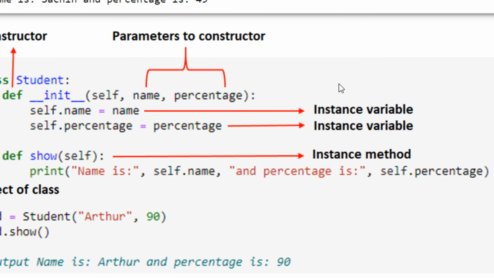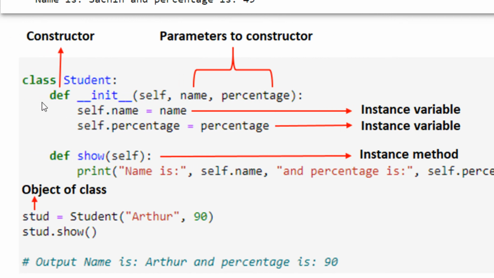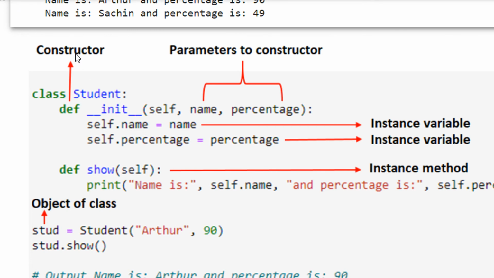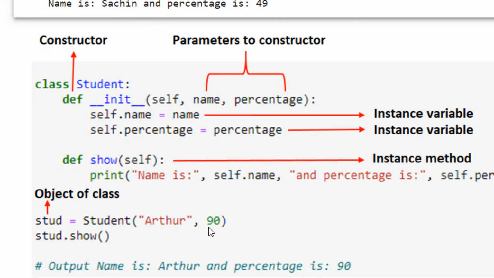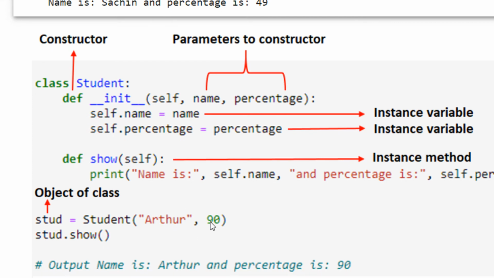Now let us see a quick map of whatever features we have learned till now. First is the constructor, right? We usually start a class and define a constructor so that it is easier to remember and map. How is a constructor defined? Double underscore init, double underscore. The first parameter of every Python class method is self, right? Then these are the parameters to the constructor. You are passing Arthur and 90, so you are passing two parameters. Just like functions, you need to collect them into two parameters. Self is used to store the object which has called the constructor, right?